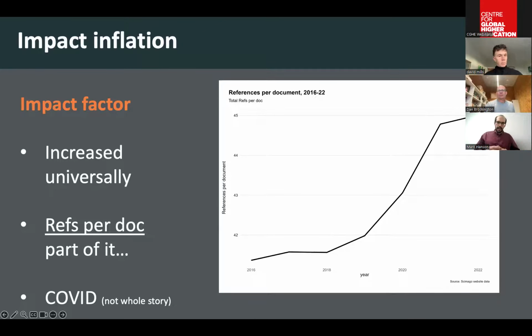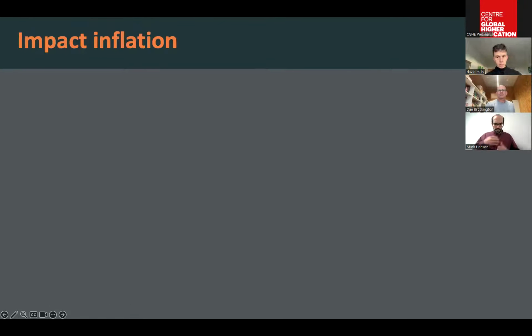around COVID. And in order to understand how COVID contributes to all of this, we're kind of waiting on the 2023 data, but we're not convinced that it's the whole story. So instead,